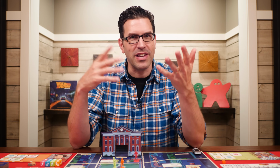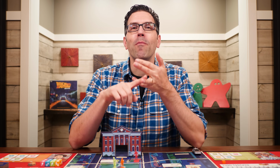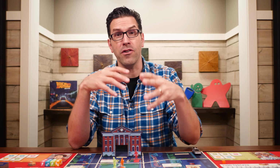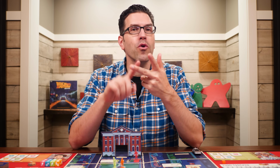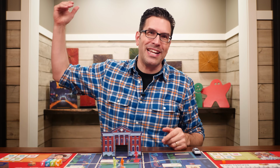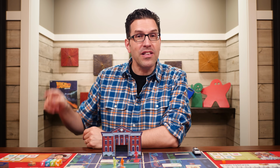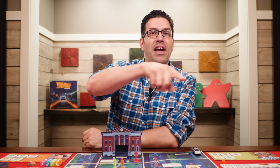In Back to the Future, Back in Time, players will be working together to repair the DeLorean by finding the necessary parts, trying to help Marty's teenage parents fall in love, which the bully Biff will be constantly interfering with, and get the DeLorean to the clock tower in time so lightning can strike it. A player is randomly chosen to go first, and then starting with them and going clockwise around and around the table,